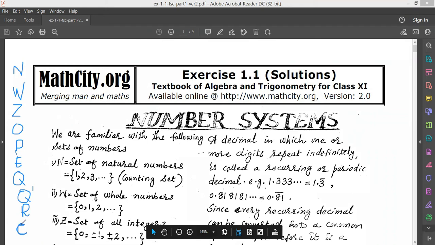So a capital letter will show a set, and a small letter will show the elements which are present in a set. So 1, 2, 3 and so on will be the set of natural numbers. So if we look at the history of numbers, history of numbers, then